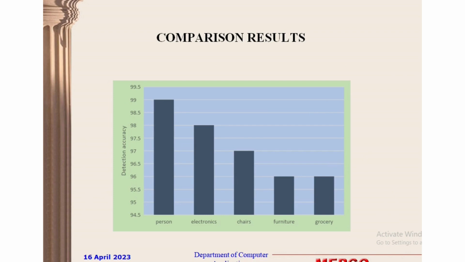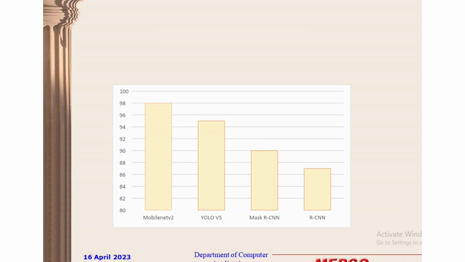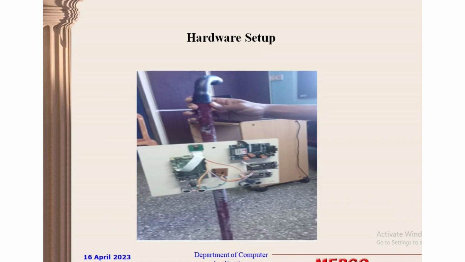The comparison results we have obtained from the objects are that for person it is more accurate, that is it gives 99% accurate results for every object. This is for each algorithm we have used for object detection. The MobileNet V2 algorithm provided the greatest accuracy with more than 98%, so we have used the MobileNet V2 algorithm for detection. This is the hardware